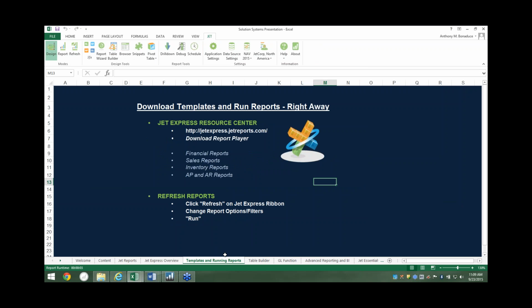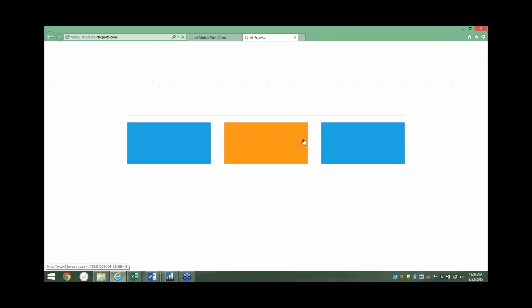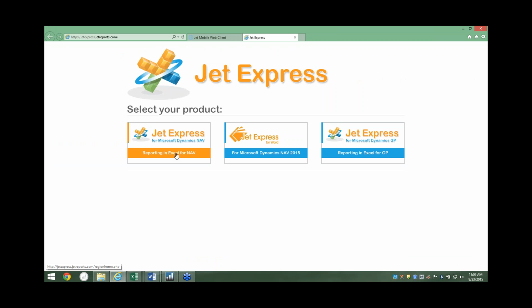Again, it's free to Dynamics NAV 2009 through 2015, and you do need to be current on your VREP licensing for those versions. But let's take a look at the actual resource center here. So I have a little hyperlink embedded there. And if I click on that, it'll open it up and basically ask, are you looking for Express within Excel